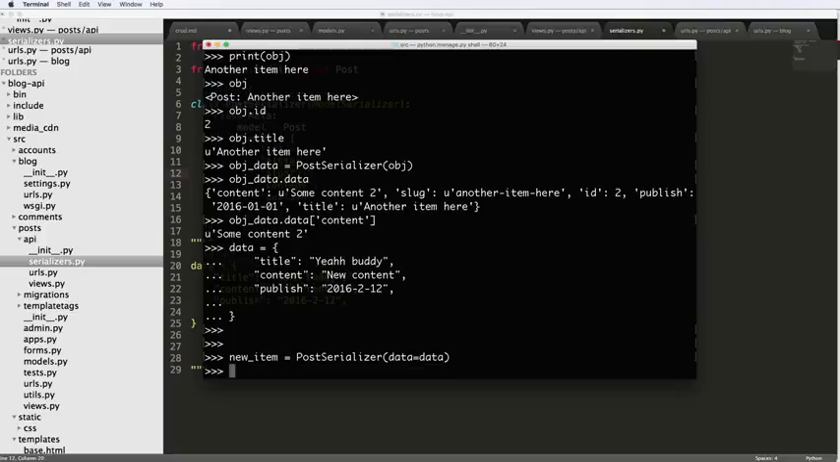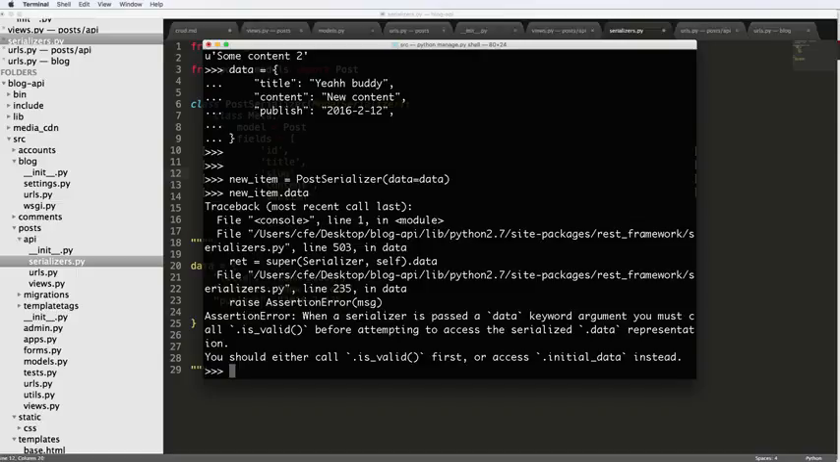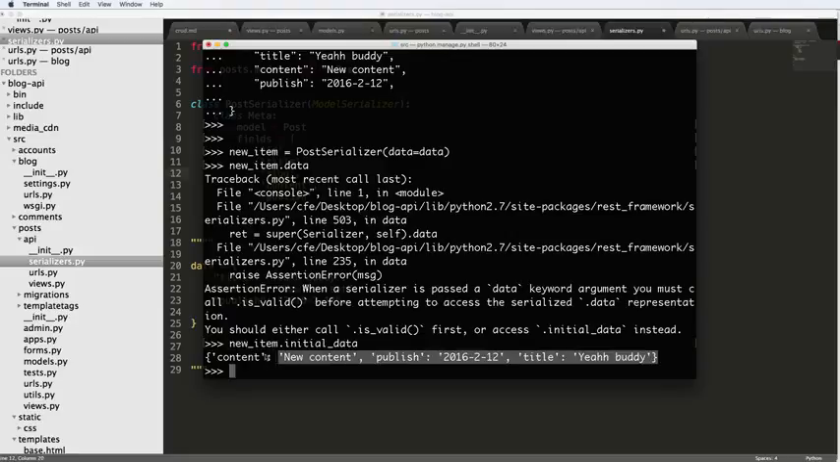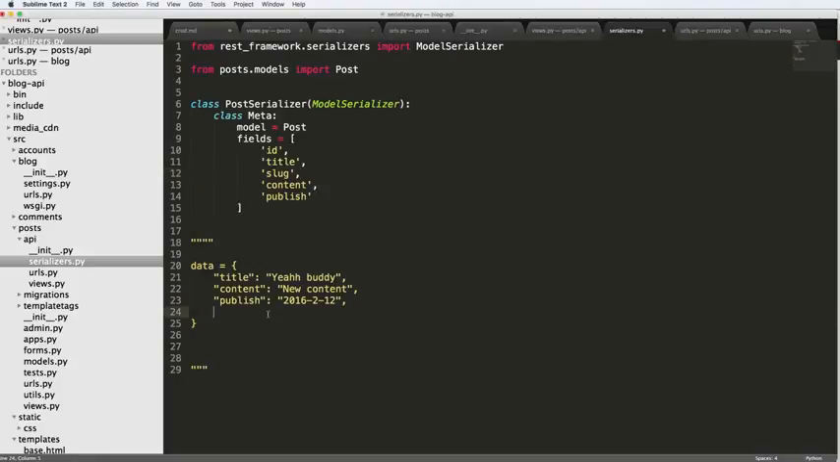So if I press enter and do new item dot data, it will say, hey, you should call is valid first or get the initial data. So we can actually do initial data. And what we see here is this is the data that's being sent to it, right? Which is cool. So it did serialize it in a way, because if there was an error, we could actually send back this initial data saying this is all that you gave us, give us better content essentially. So now that we have this is valid call, let's actually go back into our data here,